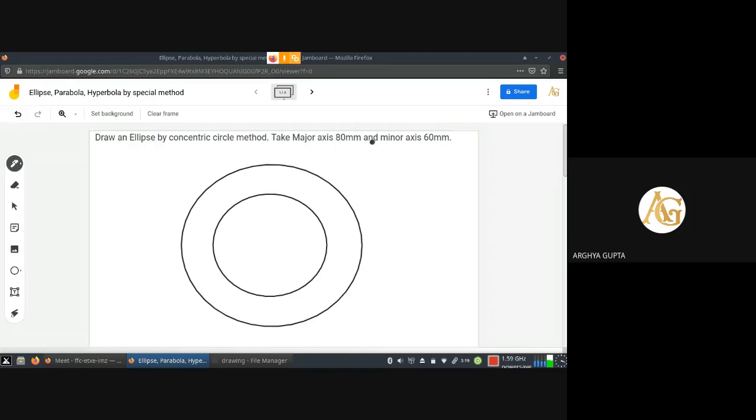Firstly, we have to construct two concentric circles. Concentric circles means both circles have a common center. From the center, taking diameters of 80 mm and 60 mm, the radii of the circles will be half, 40 mm and 30 mm. So with 30 mm and 40 mm radius, we need to construct two circles with the same